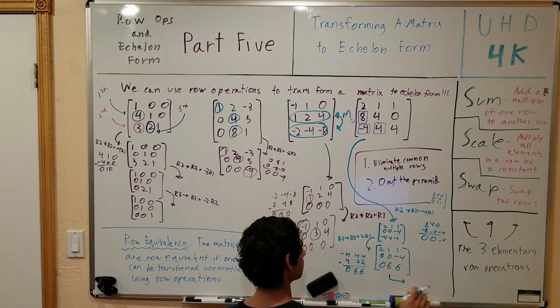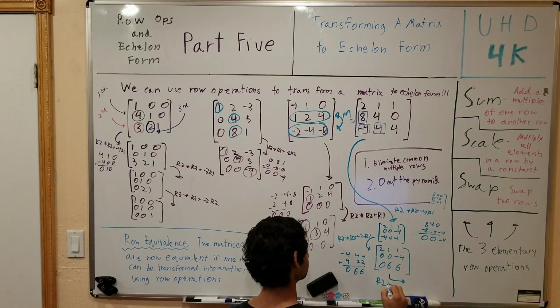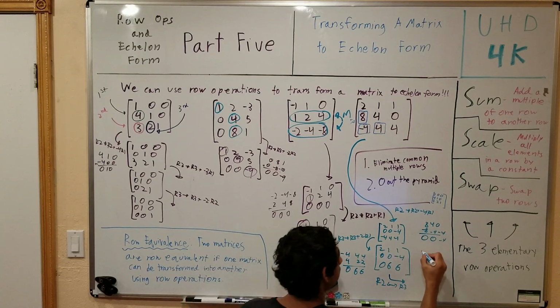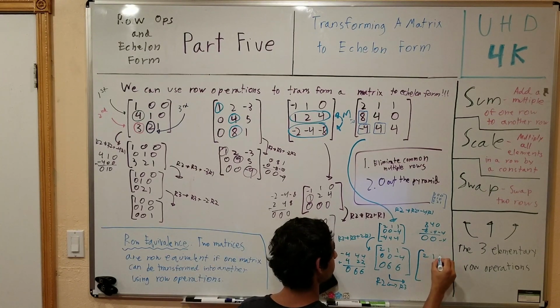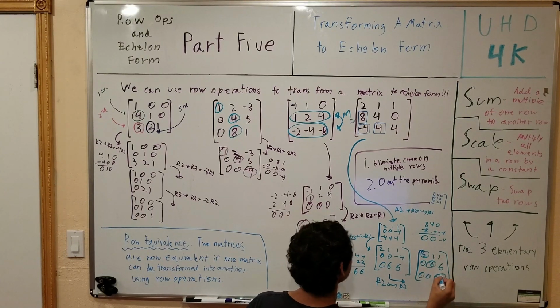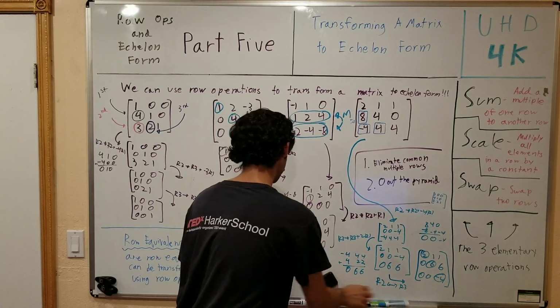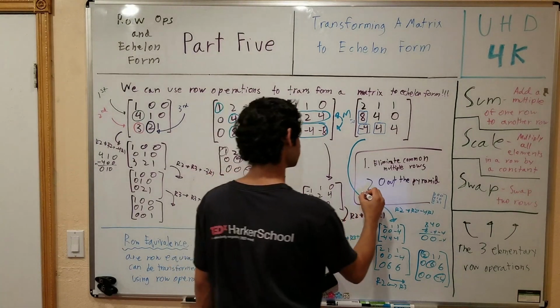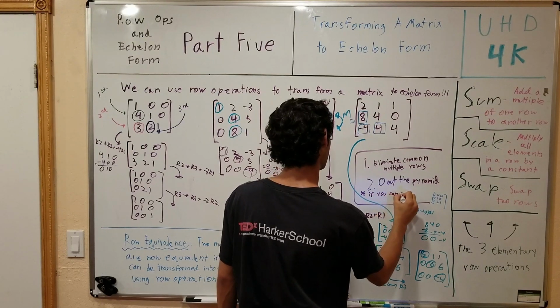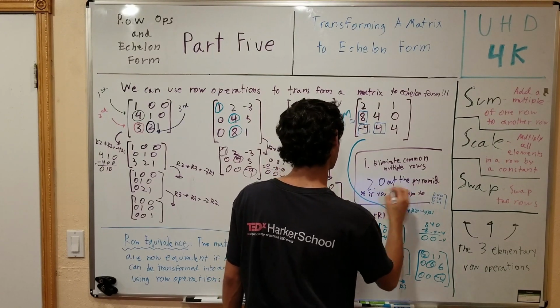So I want to swap row 2 and row 3. Now if we swap row 2 and row 3, we get this matrix, which is in echelon form. So if at any moment you can swap to finish,